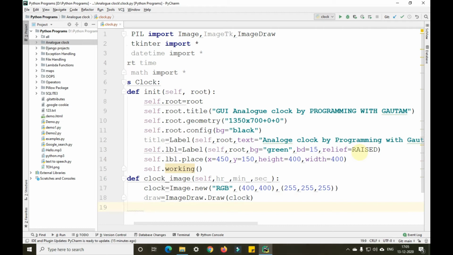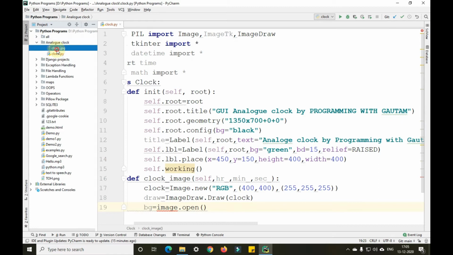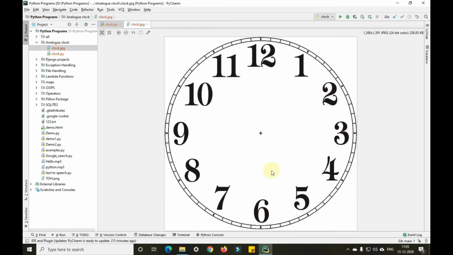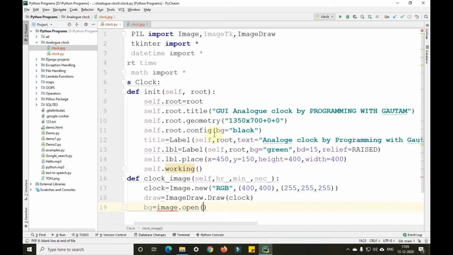Now, for the clock image, we'll take bg equals Image.open. I have an image of this analog clock, as you can see. This is the image that I have here. With the help of this image file, I'll be creating this clock here. So I'll open this image first.